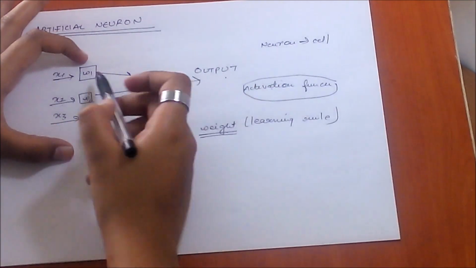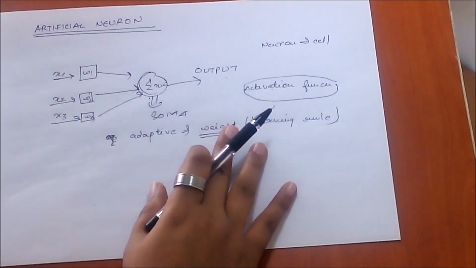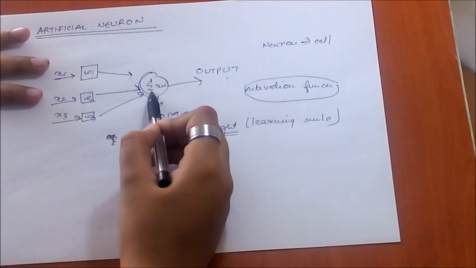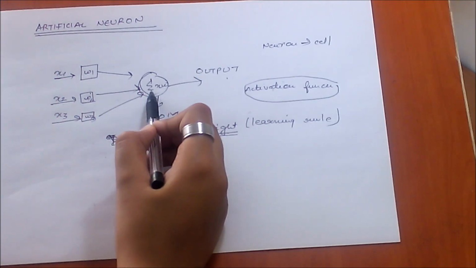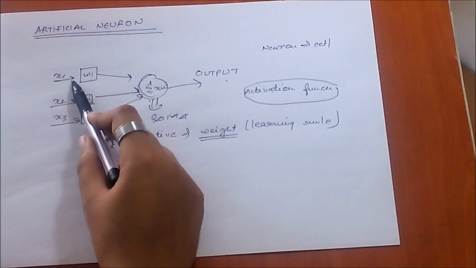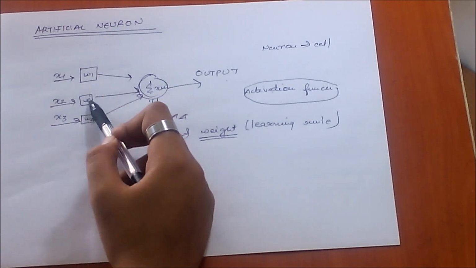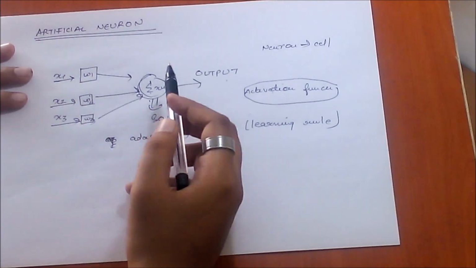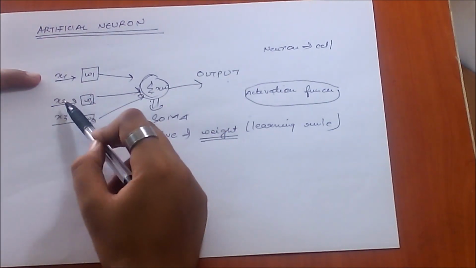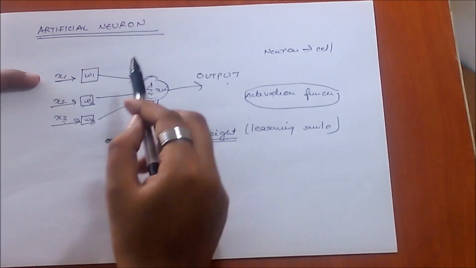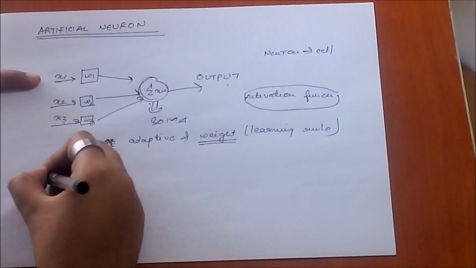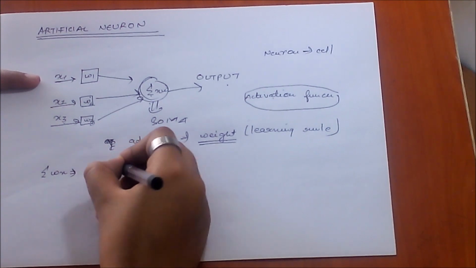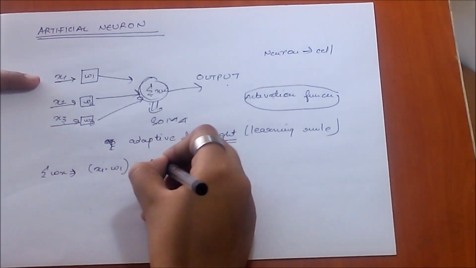So these are the weighting factors. This is the first component of an artificial neuron. The second component is the summation function. The inputs and the corresponding weights are vectors which can be represented with the help of x1, x2, xn and w1, w2, wn. The total input signal will be the dot product of these two vectors. So keep in mind x1, x2, x3 and w1, w2 and w3 are vectors. So the summation will be termed as the dot product of the weights and inputs respectively,